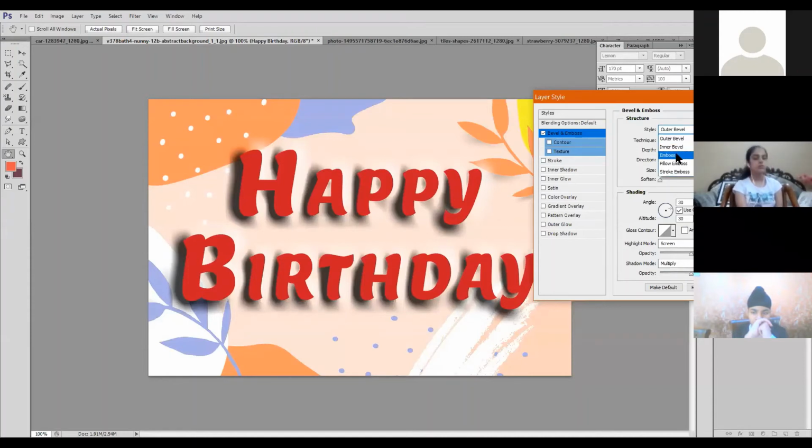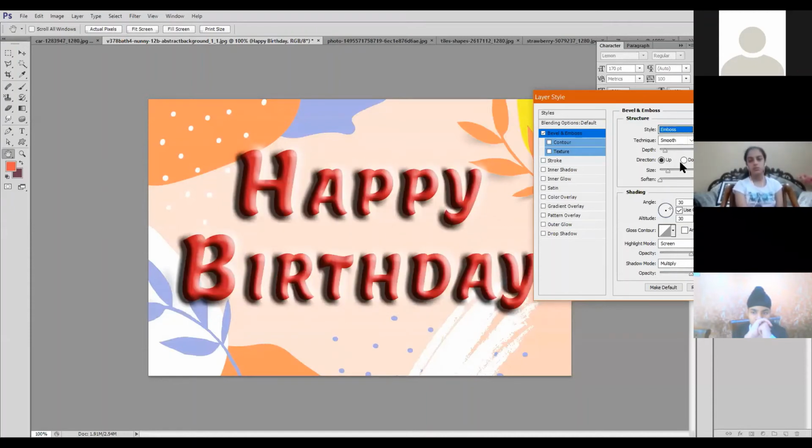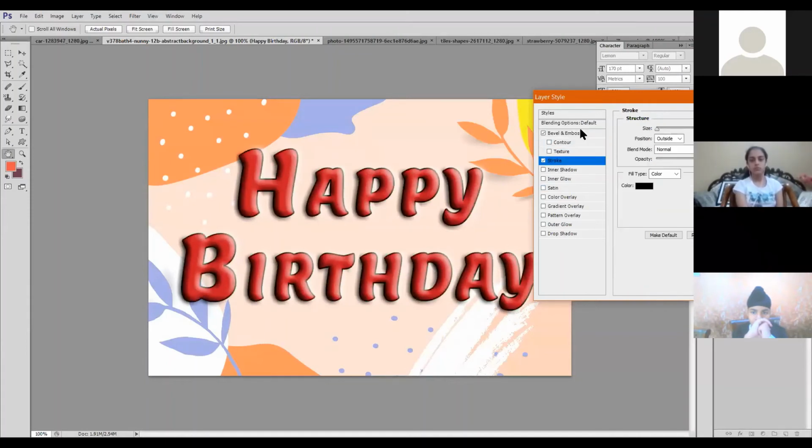You can choose emboss or pillow emboss. Emboss, I can increase or decrease the size of emboss. Then I can increase or decrease the size of depth. Then I can give stroke. This is the stroke option. Stroke means outline. By default it is a 3 pixel outline, black color.